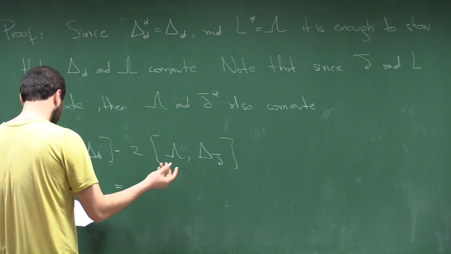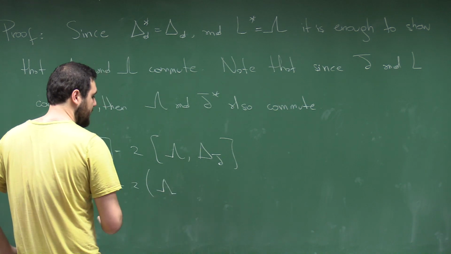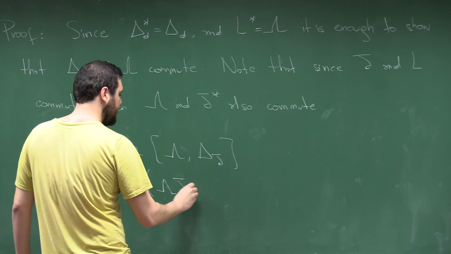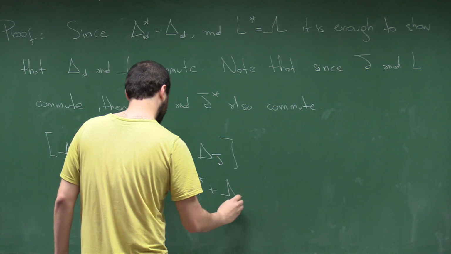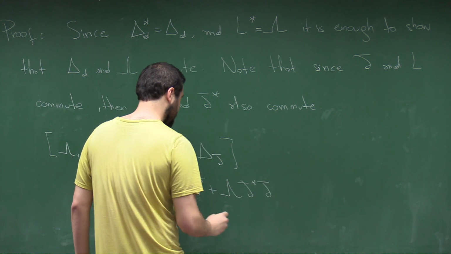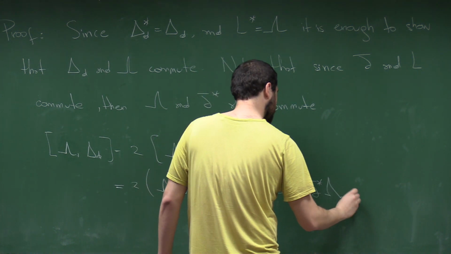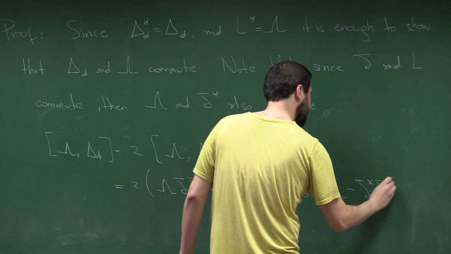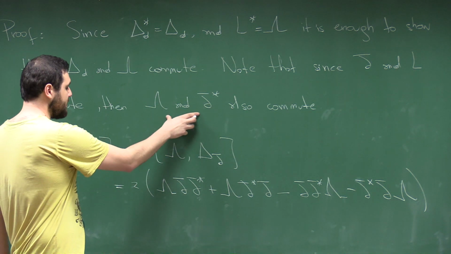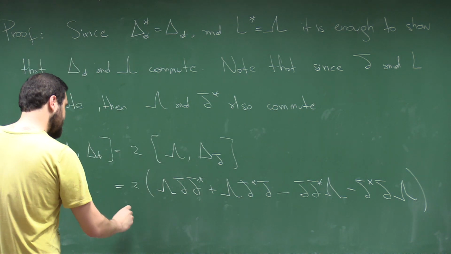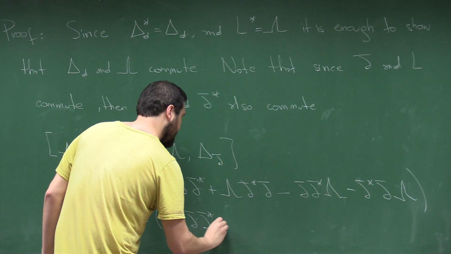This is 2 times lambda partial bar star partial bar plus lambda partial bar star partial bar minus partial bar star lambda partial bar minus partial bar star partial bar lambda, right? And so since these two guys commute, this is the same as 2 times lambda partial bar star plus